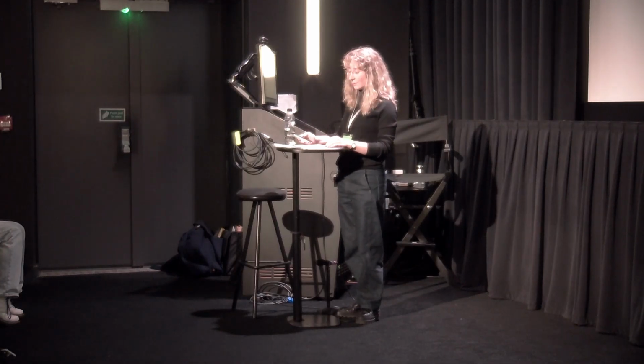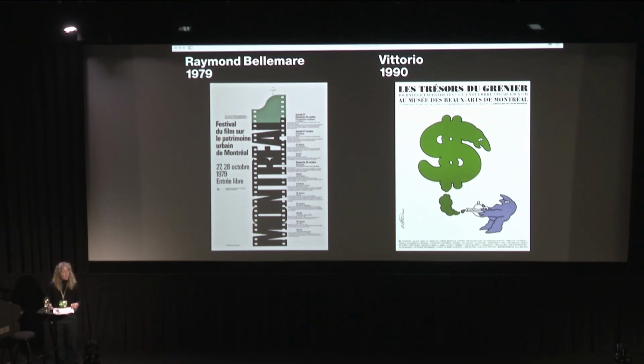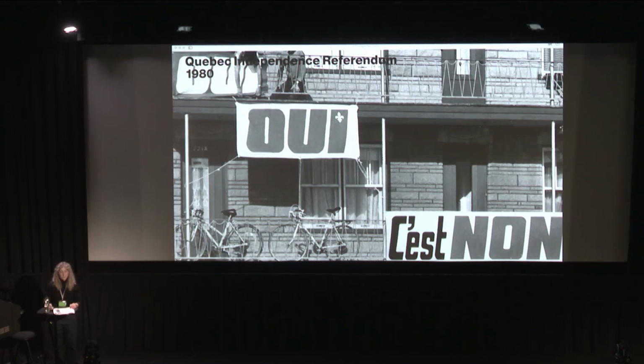In the following years, the changes became visible in everyday life. For instance, arrêt signs became the new standard. Posters for events and exhibitions were now only in French. Over time, though, the law evolved to allow bilingual exceptions. The growing affirmation of French language and identity in Quebec, along with the social and political change of the Quiet Revolution, led to the 1980 referendum on sovereignty. Voters were asked whether Quebec should pursue political independence, but 59.6% voted against it.